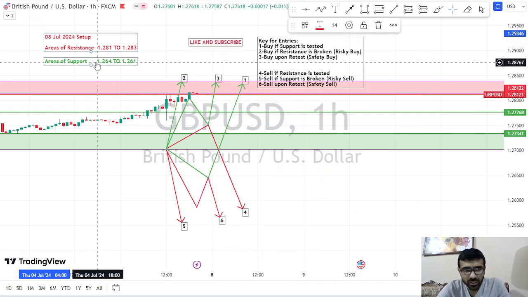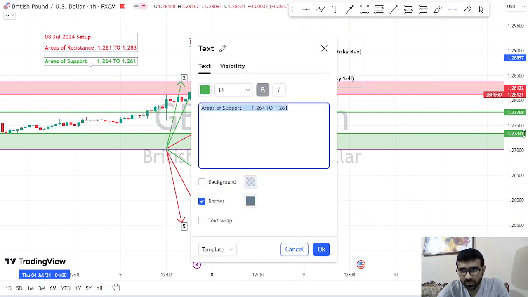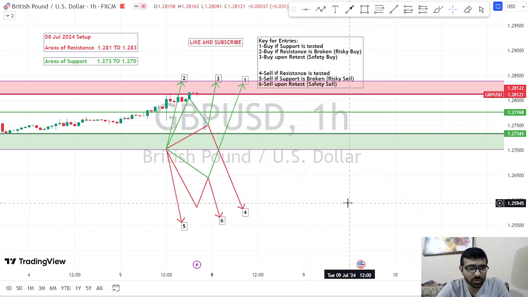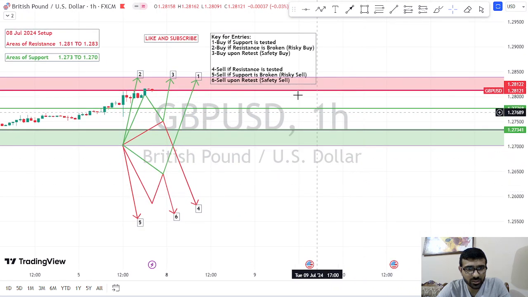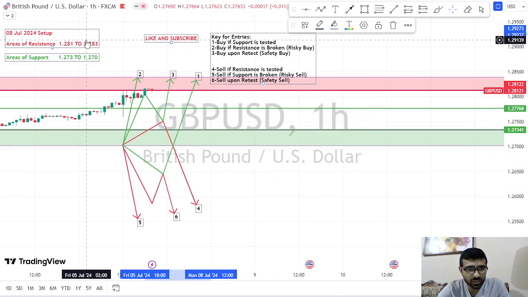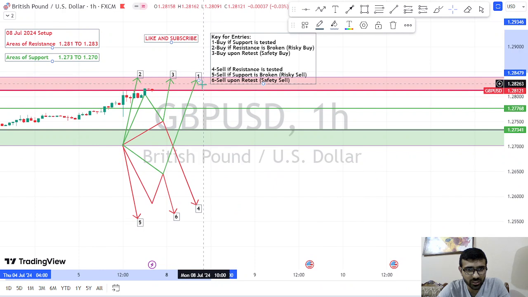Okay, and the major area of support is 1.273, and the lower support zone is 1.270. Okay, so I hope that you guys will follow these marked areas of support and resistance and the given areas of support zone and our key for entries method,